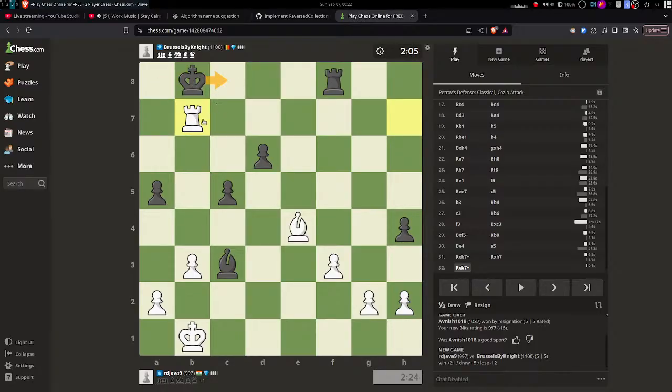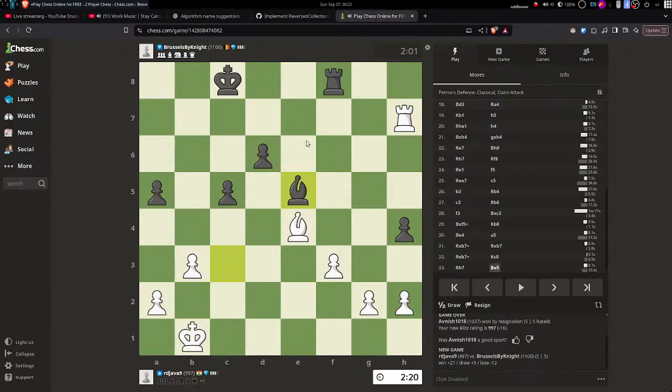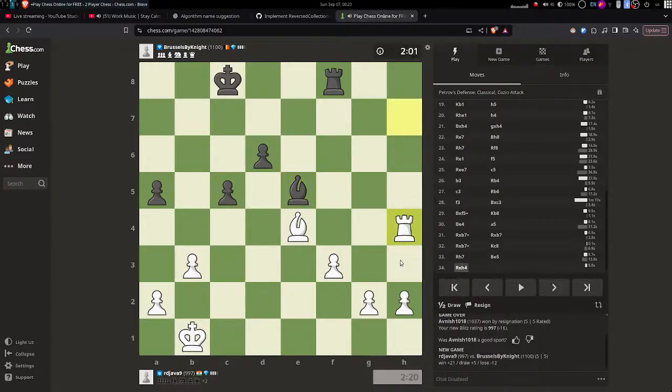I don't think he will go this way. For sure. I could not get advantage of the position how I wanted it to be. I think that's a bad move because it simply blunders this pawn, and now I can try